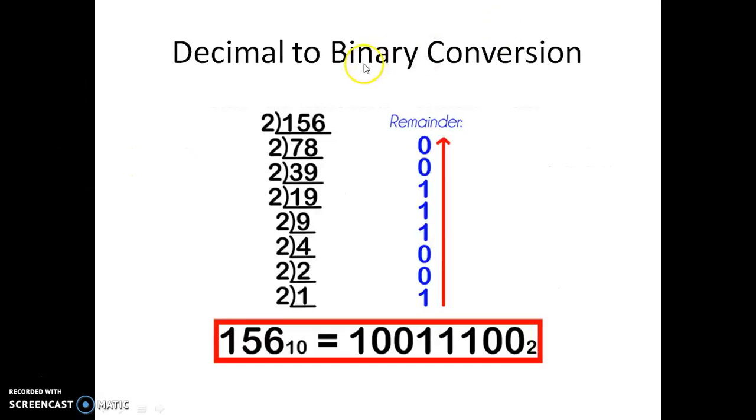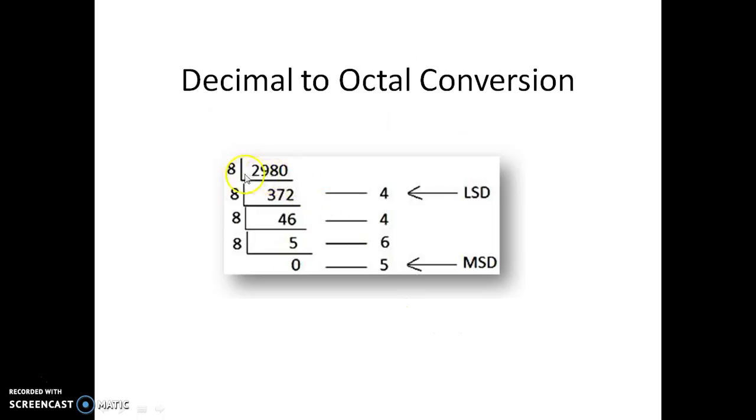Now we see some of the conversion. First we see decimal to binary conversion. The given decimal number is 156. When we divide the number 156 continuously by the base, that is 2, then we get remainders. Those remainders we have to consider from bottom to top, that is the equivalent binary. Now next we see